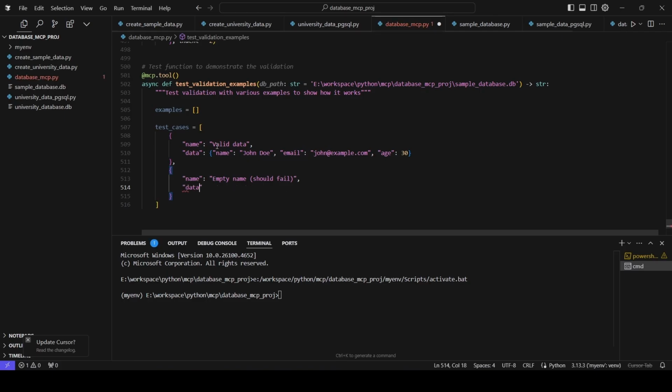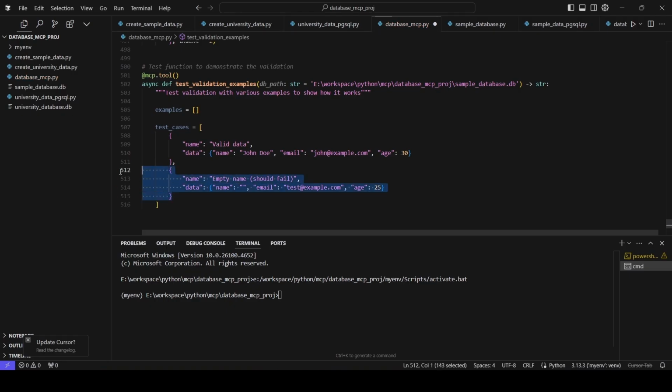Then we will write data which corresponds to name, and this name will have empty string as a value. Then we have email, and this will have test at example.com. The age will be, let's say, 25,